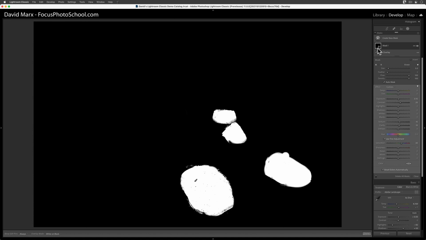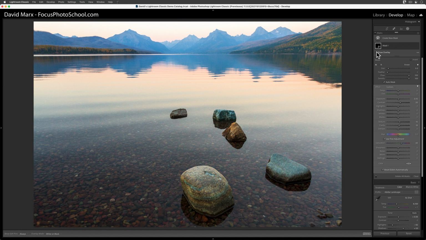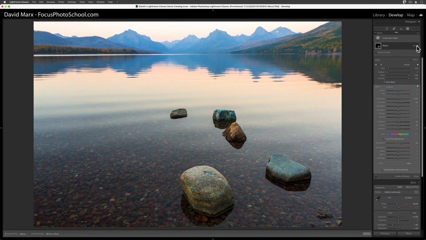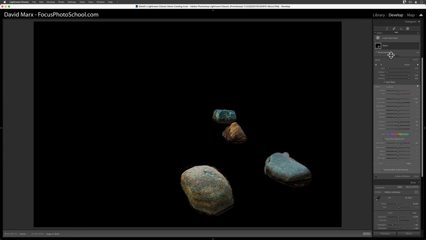If I toggle the Show Overlay button on and off again, perhaps this will make more sense. The white parts of this mask line up with the rocks in my image, and the black covers over everything else. If it helps, let me show you one more overlay mode. This time, I'll pick the image on black, and I'll turn on Show Overlay again, so that you can really see that the mask is our targeting system. This mask isolates all of the changes that I set for this layer to the rocks, and it doesn't allow that boost in contrast or clarity or saturation to change anything else.